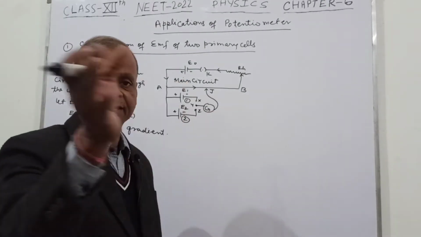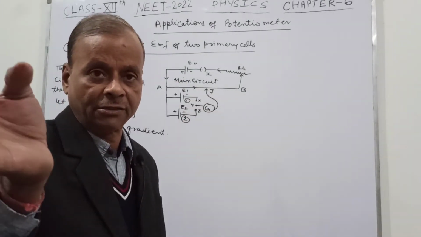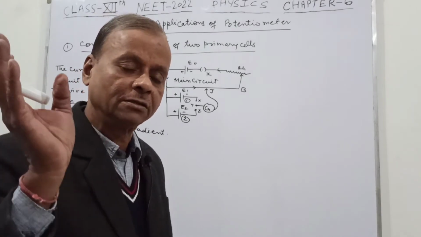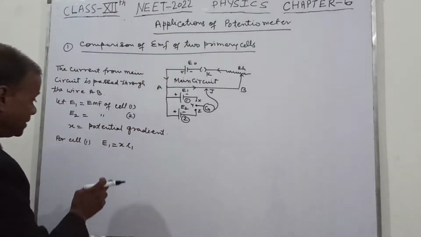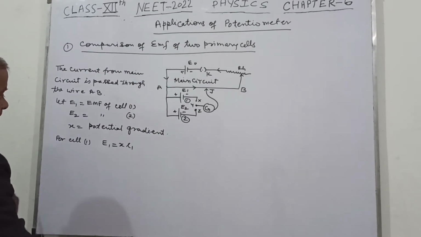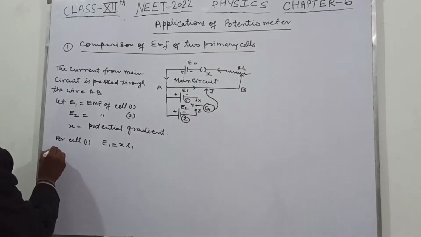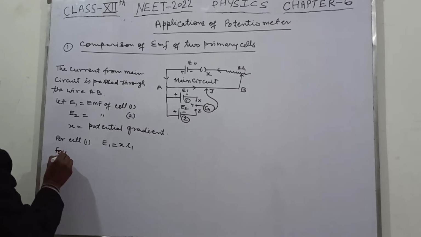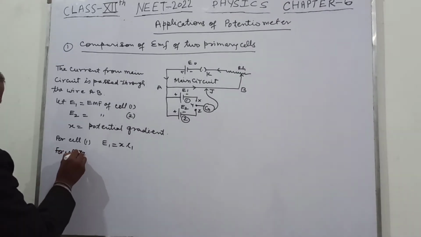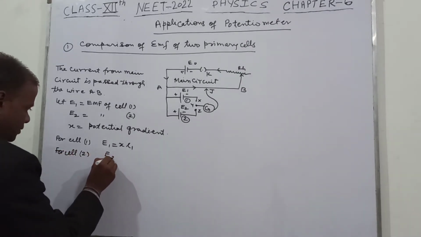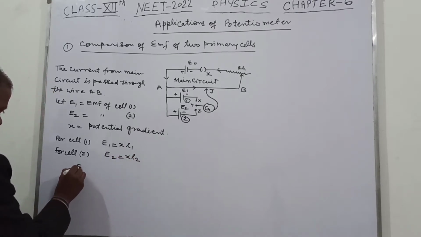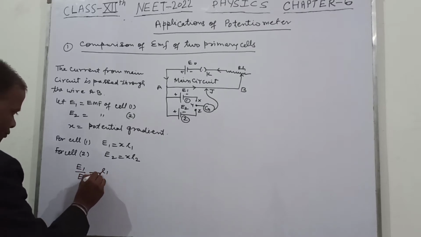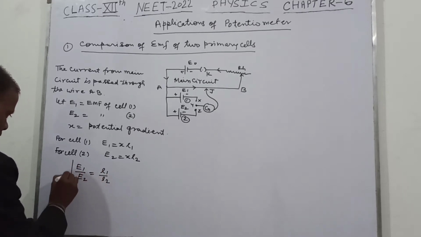The jockey is slid on the wire AB and no deflection is obtained in the galvanometer, and that length is measured. So that is now suppose L1. Now for cell 2, E2 equal to XL2. So we compare: E1 upon E2 equal to L1 upon L2,